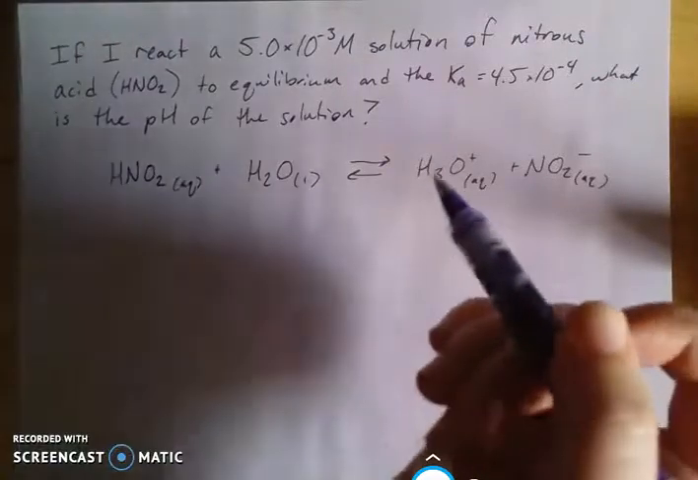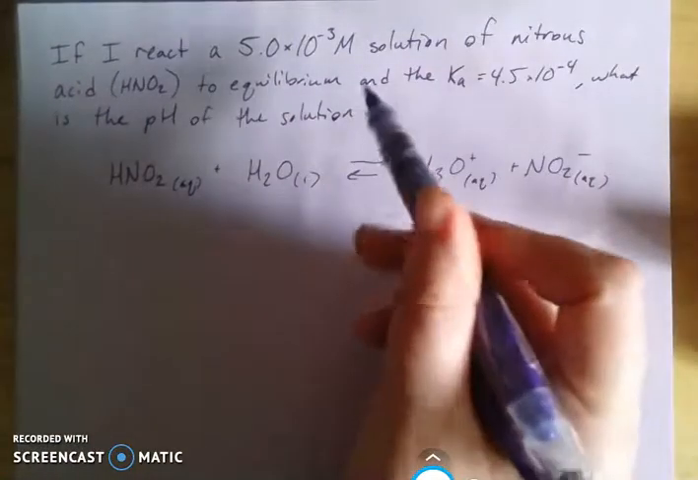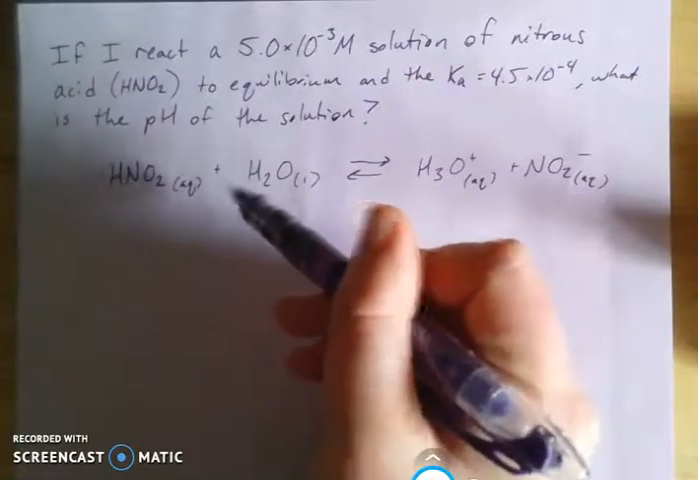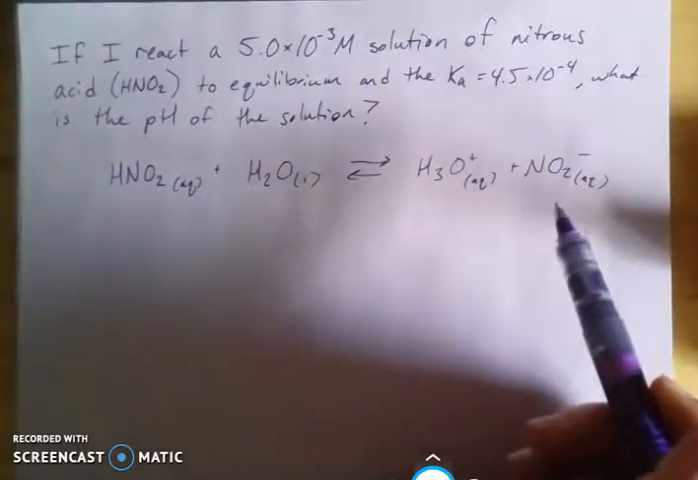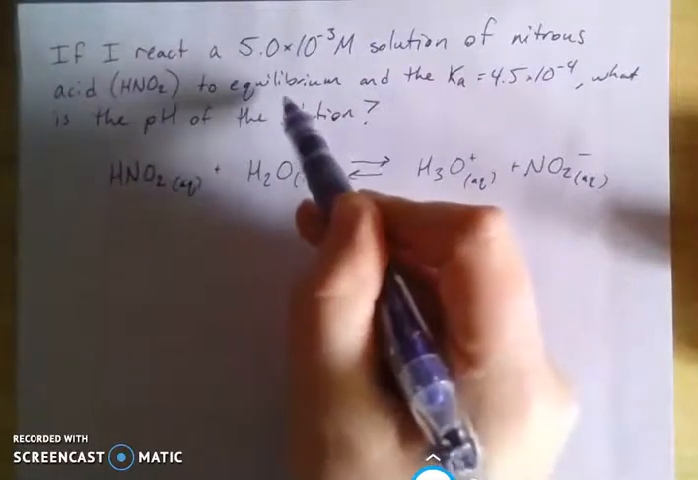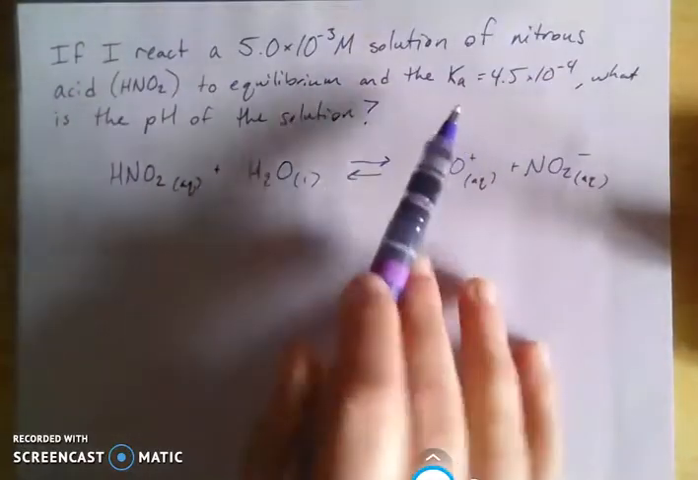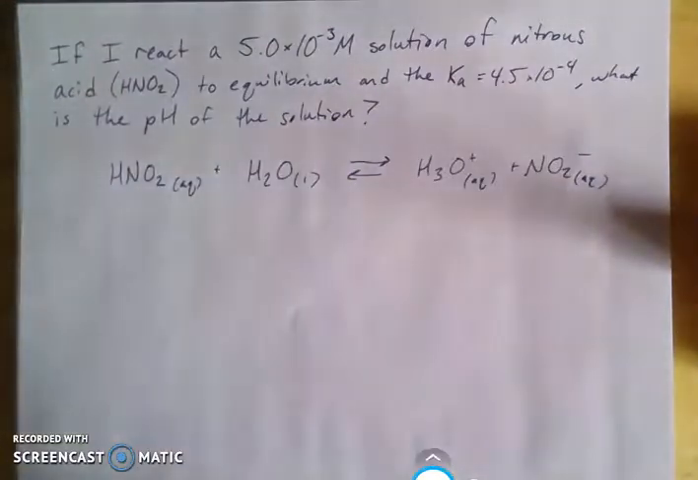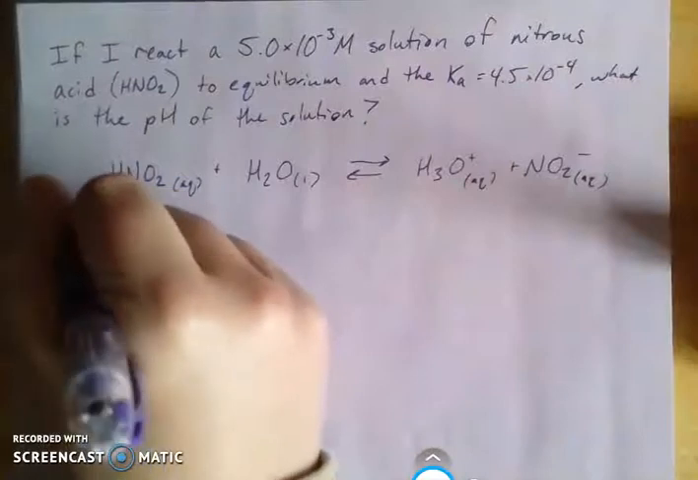So if we have our problem here, we are given a concentration of nitrous acid, so that's my HNO2 coming from the nitrite ion, recall. And if we're given a concentration and we're given information about it reaching equilibrium and we have an equilibrium constant, then that should trigger icebox or ice table. So if we think about our icebox here,